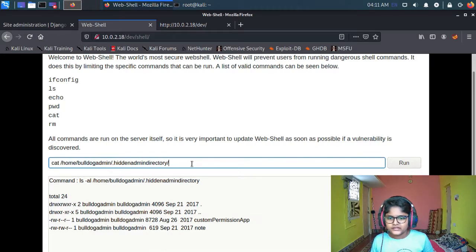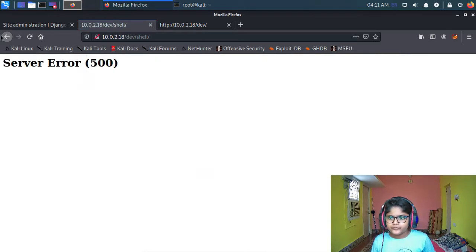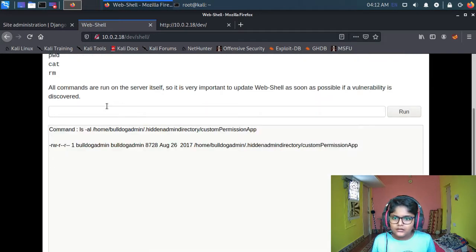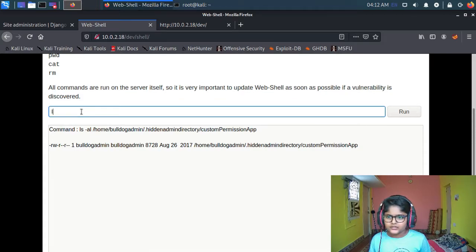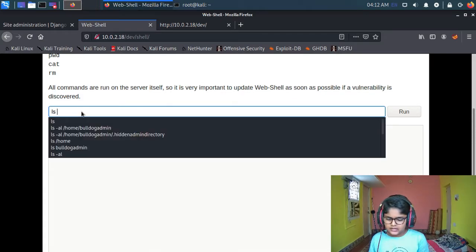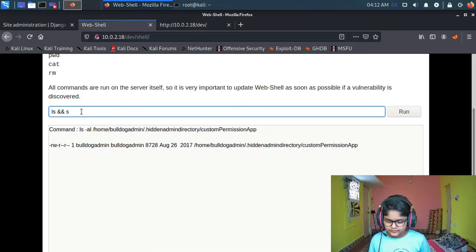So we need to use cat and okay. Fine. Okay, nothing special. So let us do ls and strings to see is there anything there.